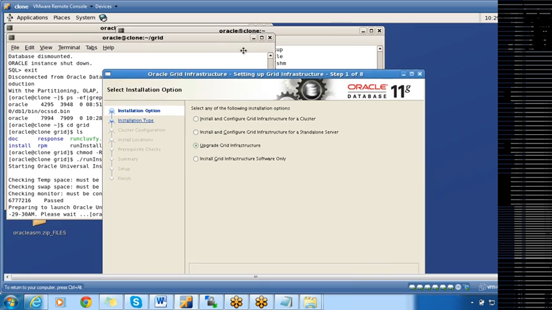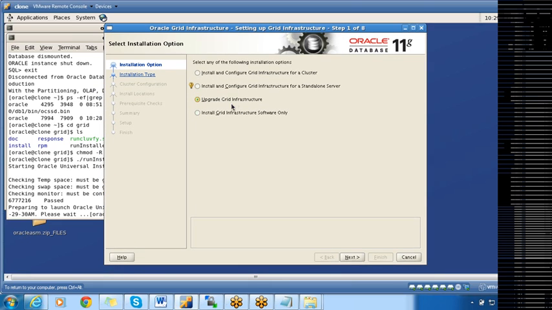Okay, so here you'll have several options. By default, it will go for upgrade grid infrastructure. The reason for that is, while invoking the installer itself, it identified that ASM is installed and present on the server. As a result, by default, it went to upgrade grid infrastructure. Otherwise, it would have been install grid infrastructure software by default. Now, as it has gone for this one, it's correct actually. We have to go for upgrade grid infrastructure because we already have the ASM. So this will install the grid infrastructure software as well as upgrade the ASM.